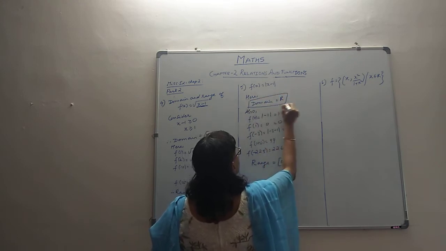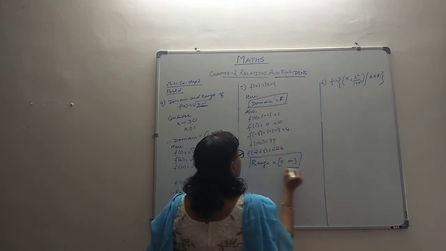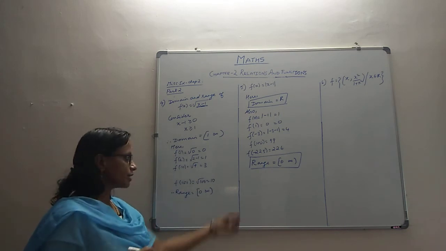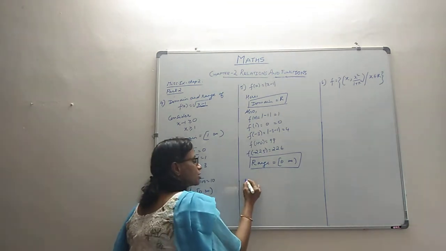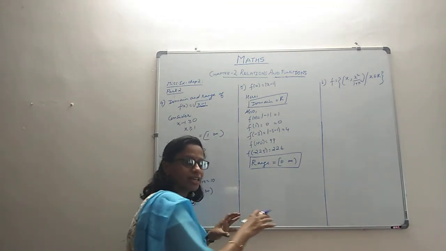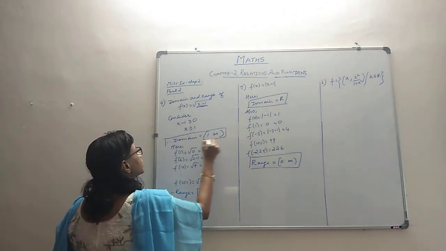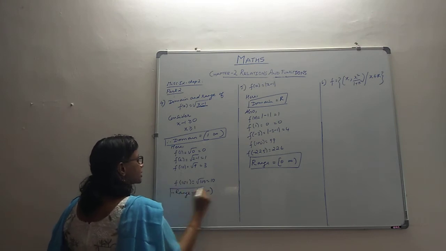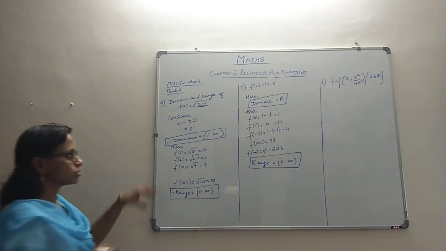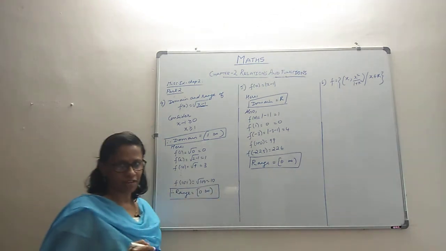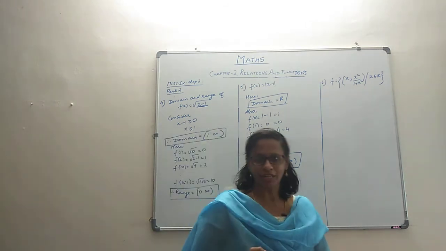Now, it's very difficult for the examiner to search this and find out. So that is why I put it in boxes, or otherwise at the last you should write a conclusion and write it so that the examiner can spot it fast. Or if you feel that you have written it here and there, then be good enough to the examiner by putting boxes so that the examiner can pick up the values fast. So that is about the domain and the range.